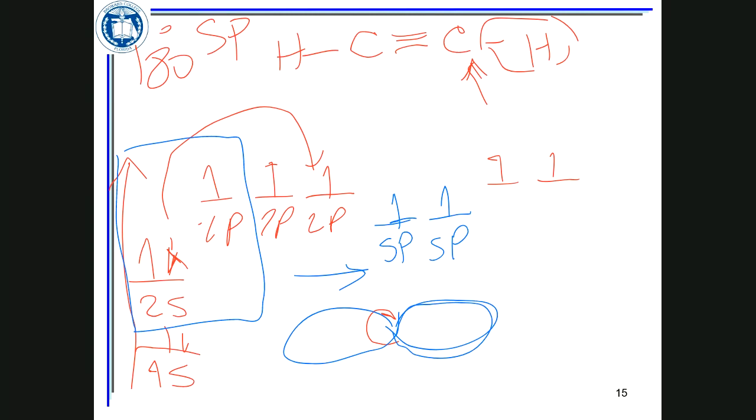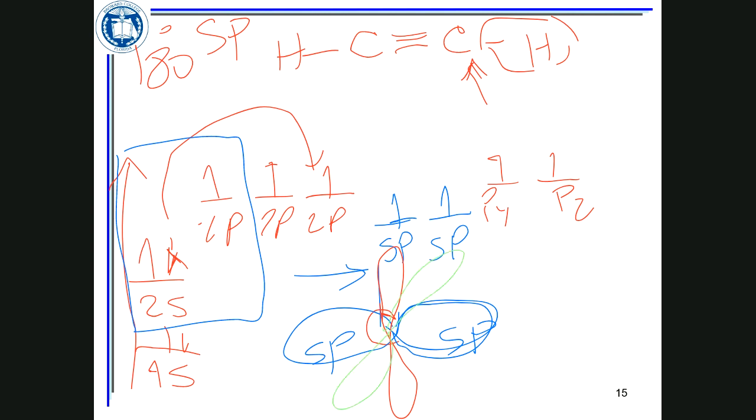That's like knotting the end of two balloons together, maximum distance. So each one is going to be sp, and this is going to be sp. What happens to the py? It is going to stay here. This is your py. What happens to the pz? The pz is going to be this one.